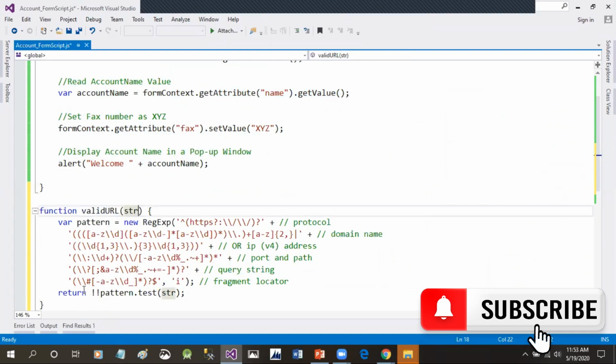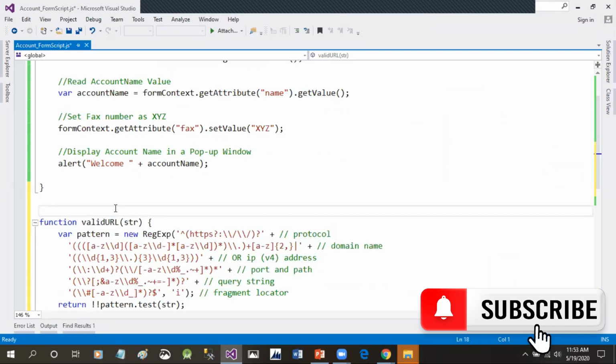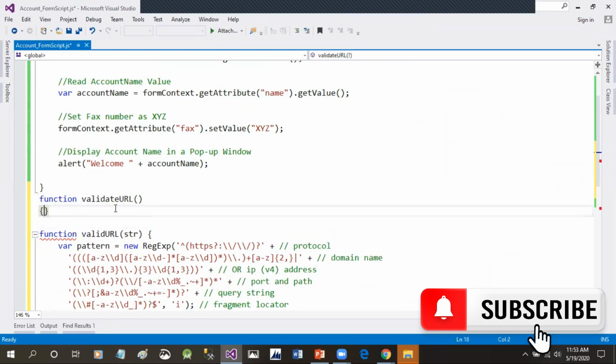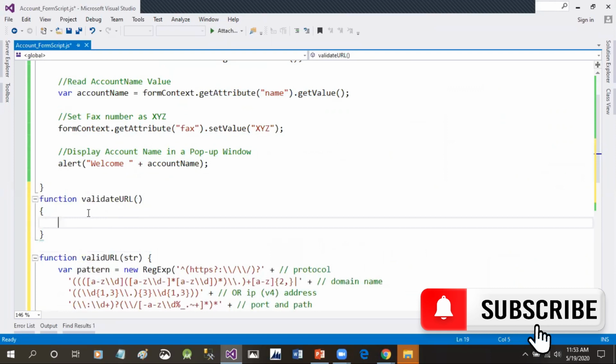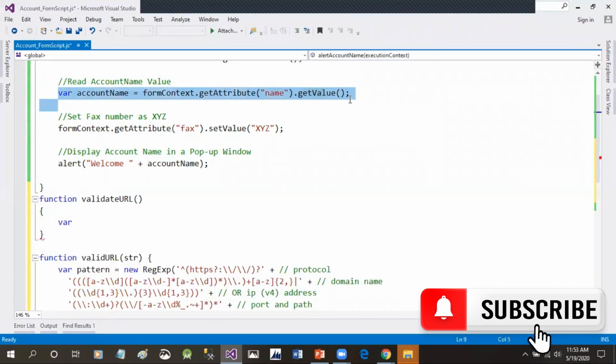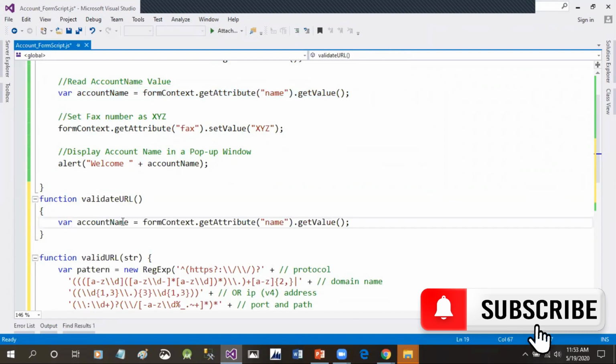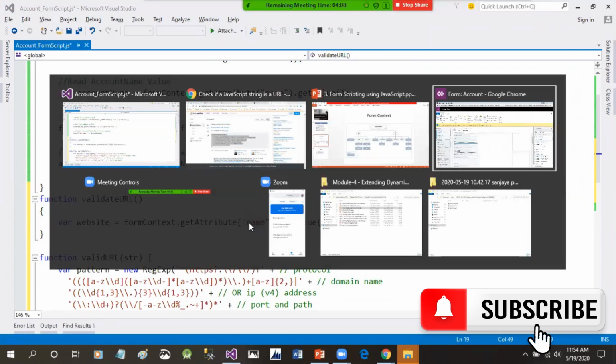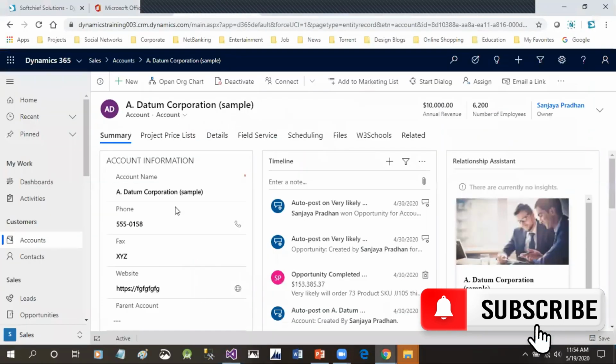I have just copied this function here, and I'll take a function here, validate URL, and I'll write a variable to read the website. So I have to understand what is the logical name of this field.